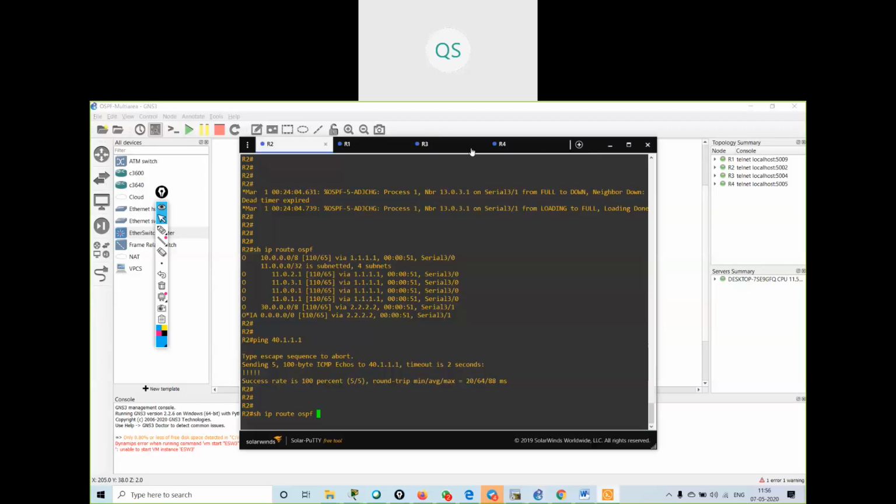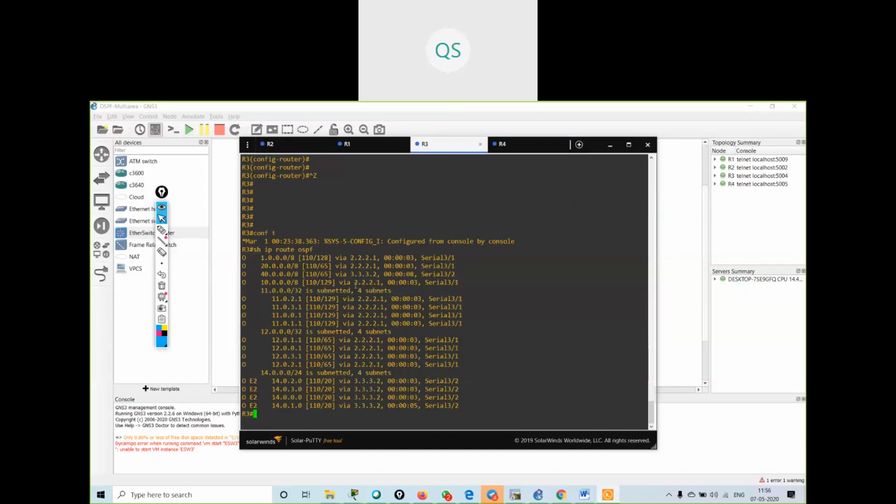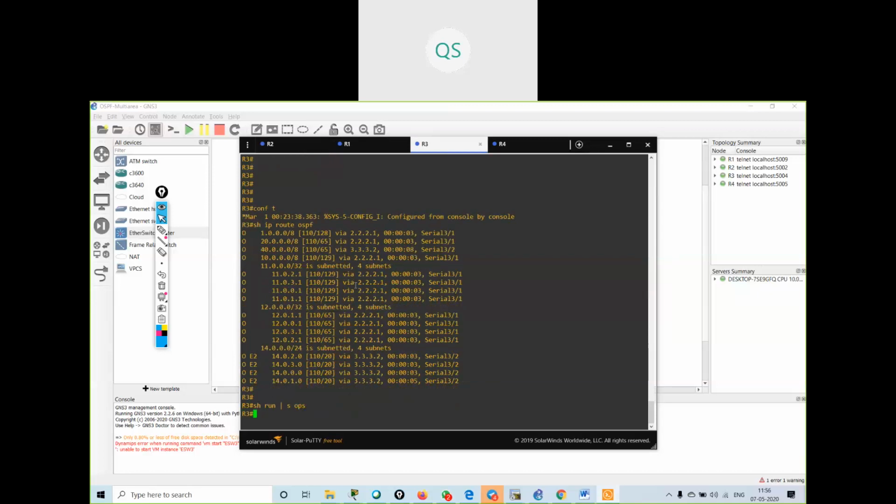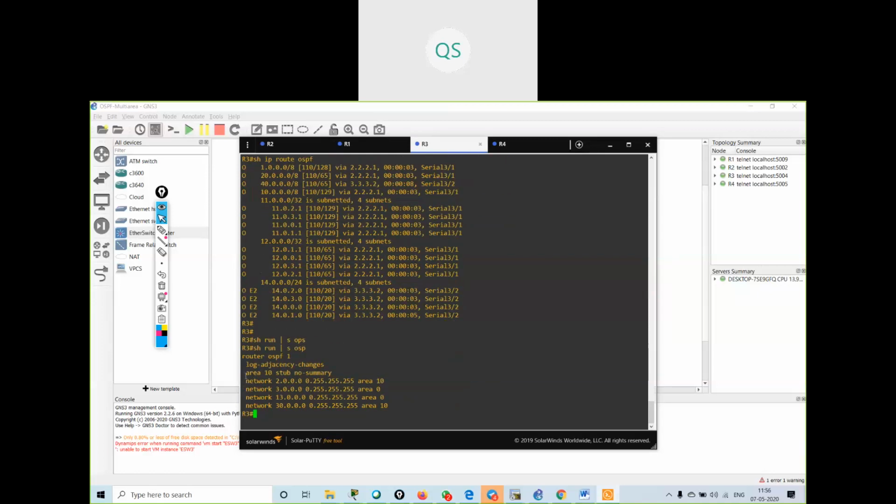On the area border router, you have to say show run section OSPF. You have to give this command: area 10 stub no summary. No summary means don't give me summary LSA in stub area.